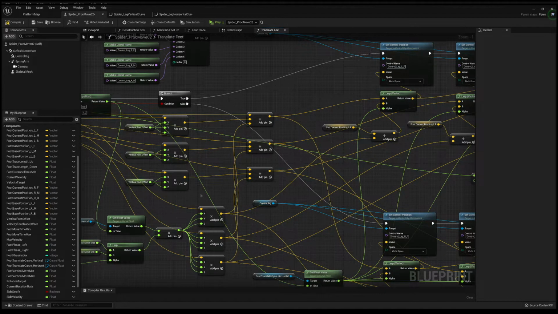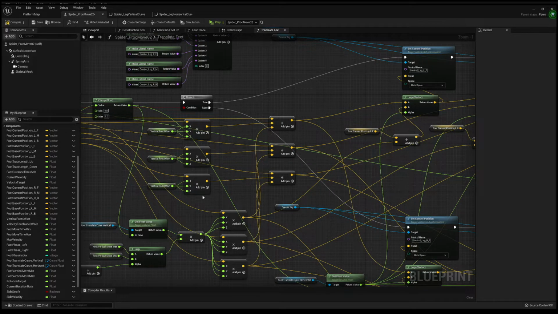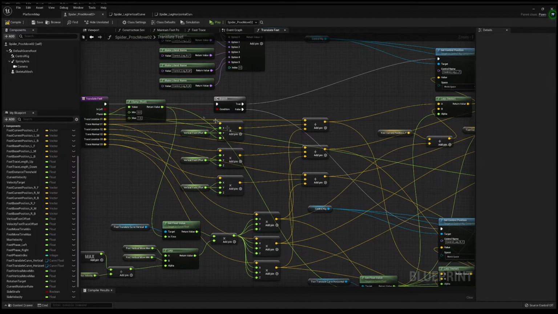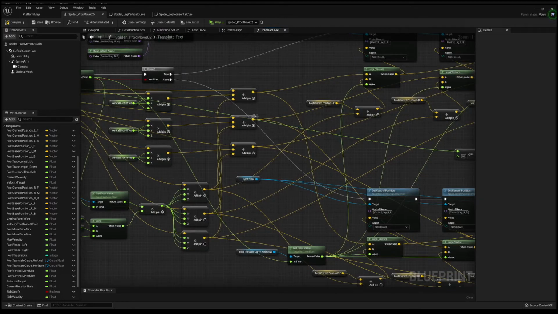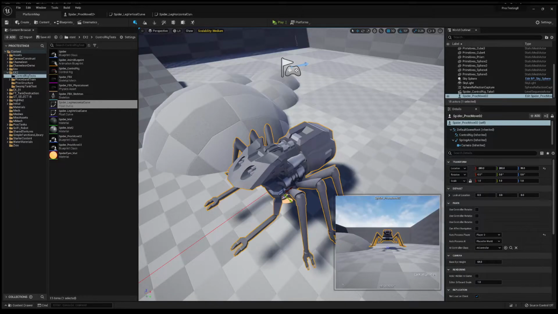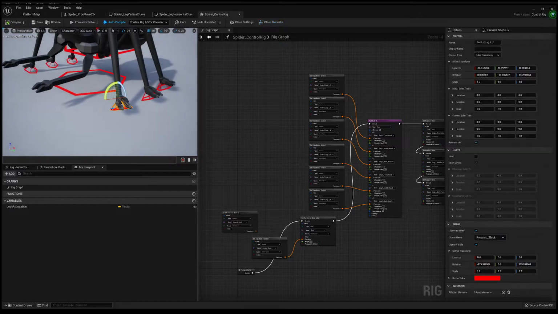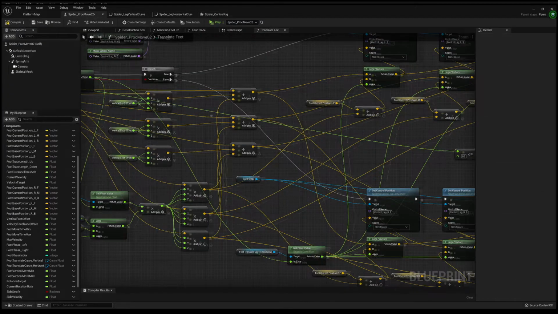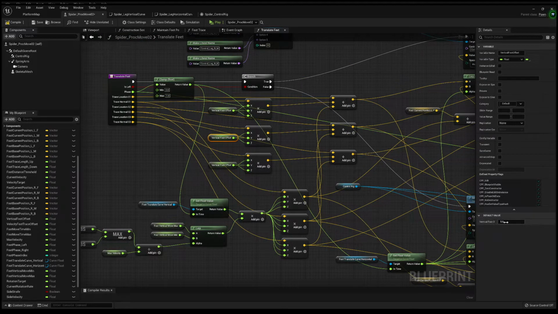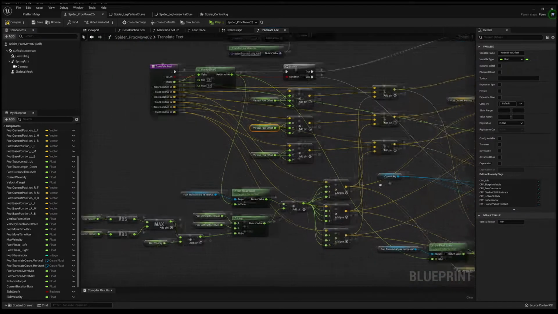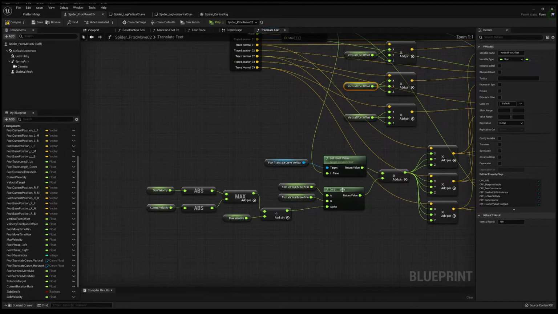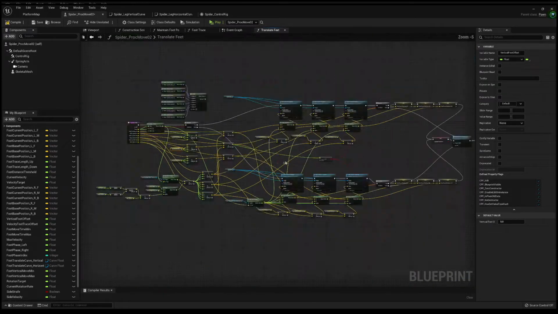It also adds a vertical foot offset to keep its feet on the ground rather than protruding into the ground, because these base offsets are kind of based on the actual control locations rather than the feet locations. For example, here, how it's up on the wrist rather than the actual foot, so it has to add an offset so the feet are actually on the ground, which happens right here. I just put it to 5, which I'll zoom in so you can get an idea of all this stuff.